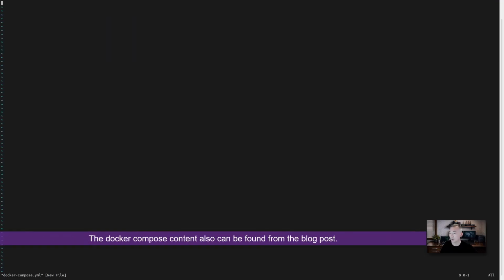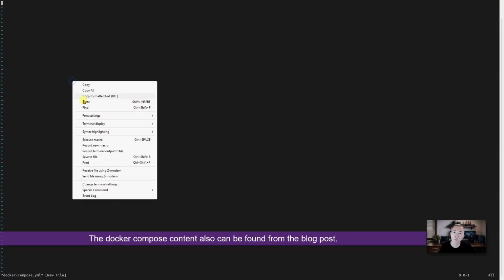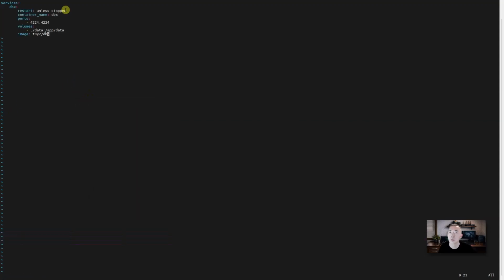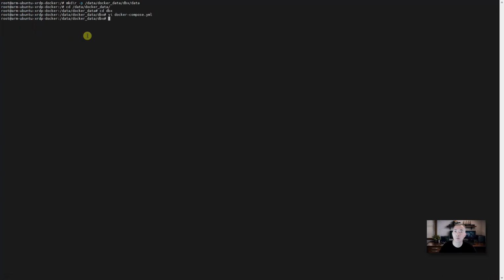I already have the Docker Compose file in my blog post. What I'm gonna do is just paste it in. So the name is DBX, port 4224, default port. I'm gonna use the data folder in the current folder. And the image is a standard image. Okay, all good. Save. You can take a look again using the cat command, then you can just run it using